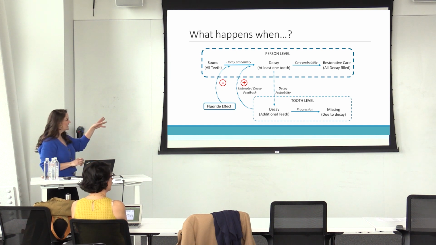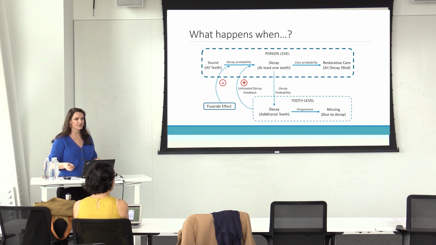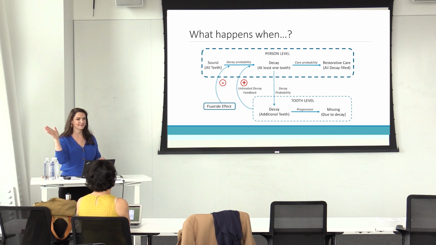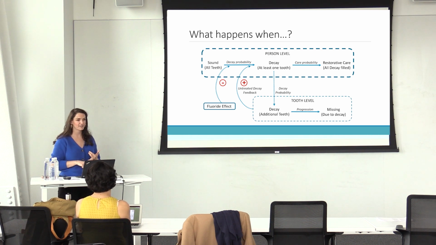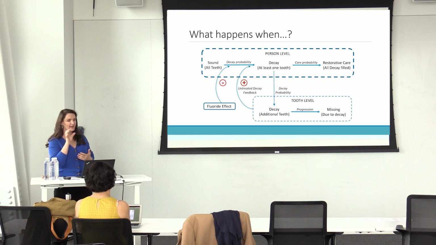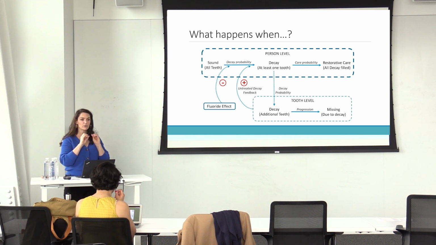So we did that. We decided to look at a known, effective, preventive intervention. Does everybody know what fluoride is? Okay, we have fluoride in our toothpaste. When you're a kid, you can get fluoride varnish painted on your teeth. If you're as old as I am, you probably had fluoride trays with foam that you sat and had on your teeth in the dentist, and you had to spit it out as it oozed from the trays. Or you had fluoride tablets. Okay, fluoride we know is effective at strengthening the enamel of the teeth and strengthening spots that have been weakened by acid. So it can not only prevent decay, but it can actually reverse early signs of decay.